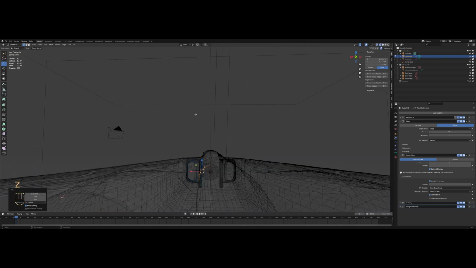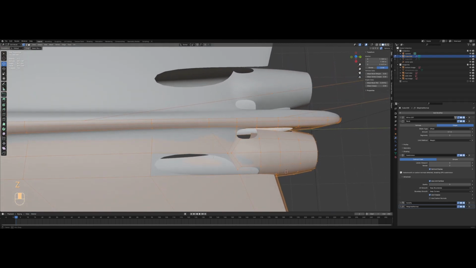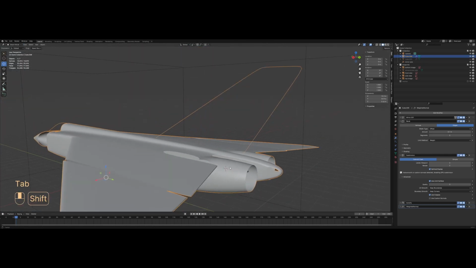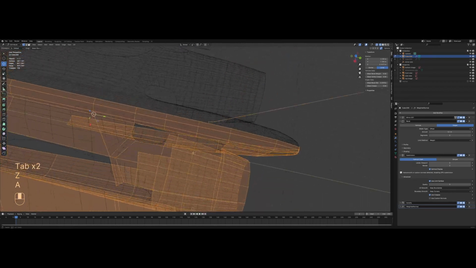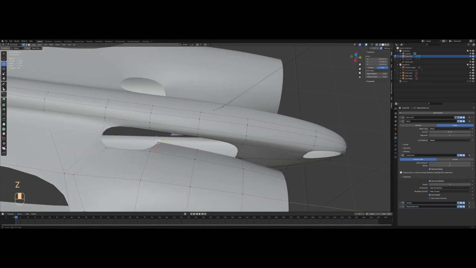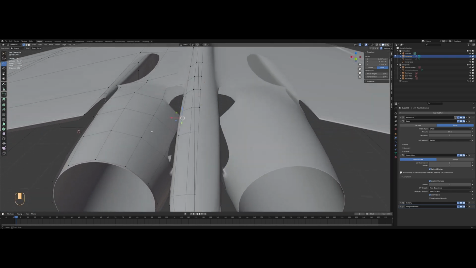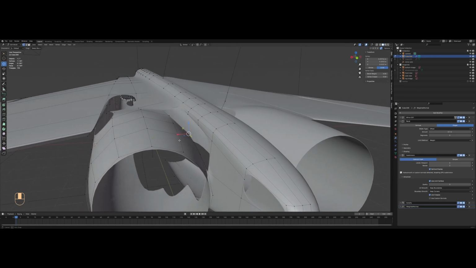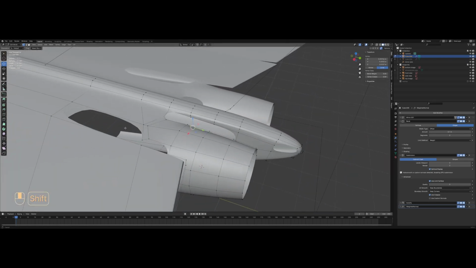And you can see that the dorsal fin is pretty wobbly, so we will need to fix that. We can fix this dorsal area later on when we're sure that we will not add any more loop cuts or edit